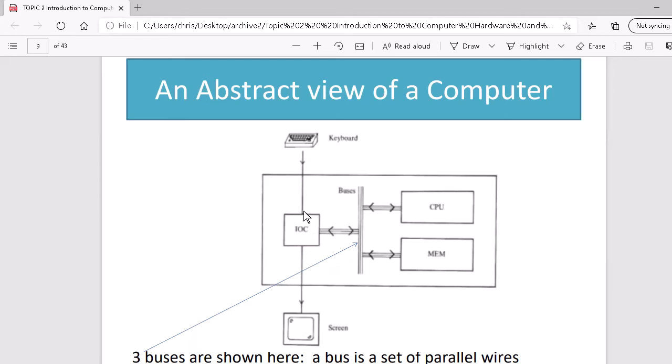Here's the IOC, the input-output controller, and it can send signals and move data to the screen, and it can read data in from the keyboard and do what's appropriate with the data that it's received. And here are the three buses: the control, the data,